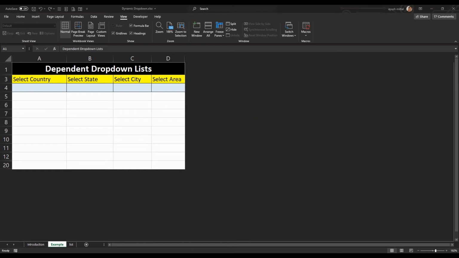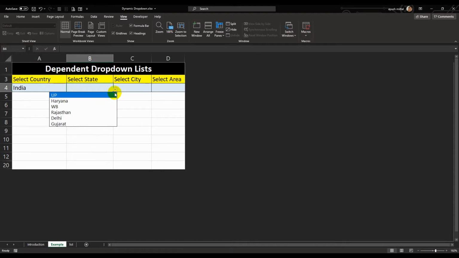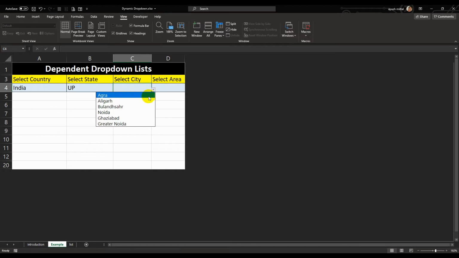Just to give a preview of the function, say for example I want to have a list of countries wherein I can select the states, within the states I want to select a particular city, and within the city I want to have an area.